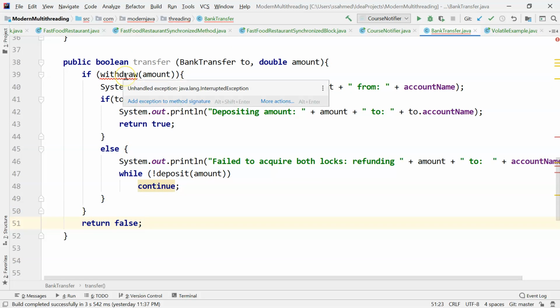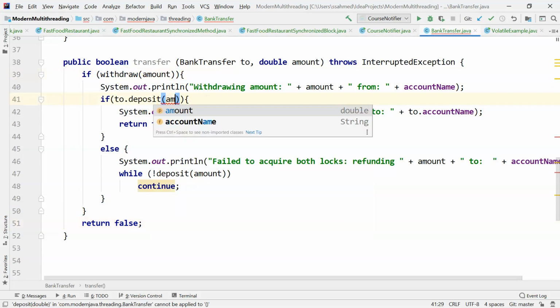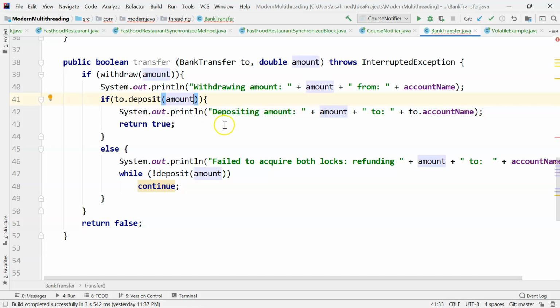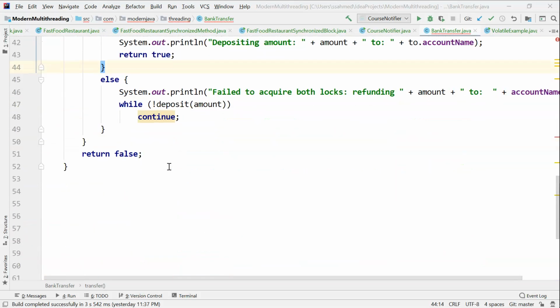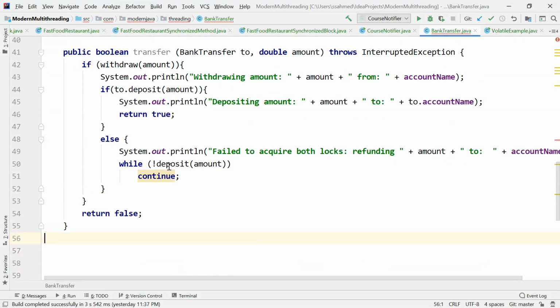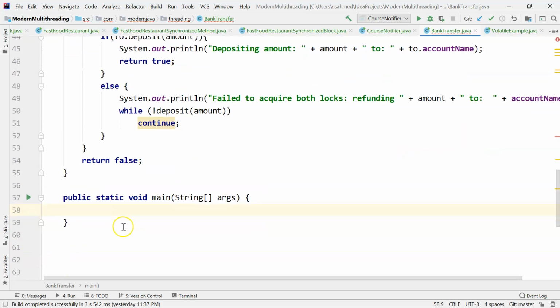This is complaining about the method signature, here I missed out. And now implement the main method. So PSVM, create the main method,